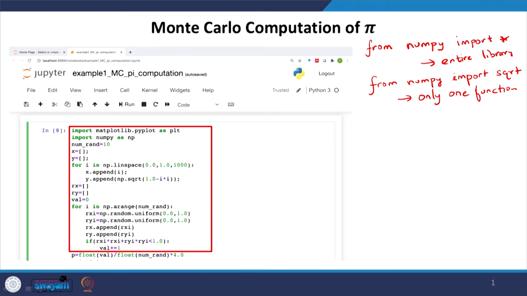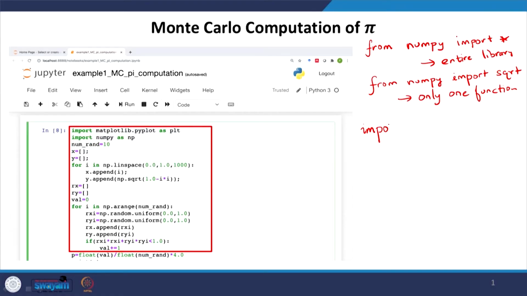And then what we can also do, and that is necessary when we are using the code with multiple libraries, because sometimes what may happen is that the same function name is defined in two libraries that you are using. So in that case, there can be a possible conflict. Therefore, instead of importing it as it is, you can import as some particular name. So let's say import NumPy as some name I am giving, let's say np.